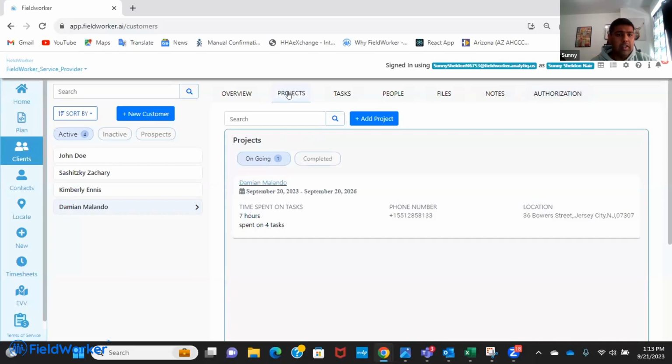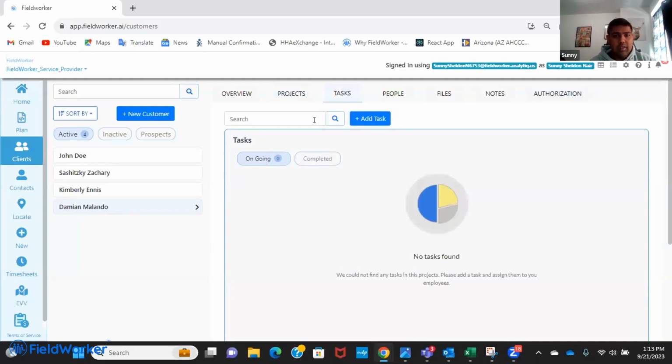First, just going over projects. So every client can have multiple projects that they are a part of, and you can assign this through the system. Every project has the different employees working with that client on that particular service or project. So every service can have its own projects, and it's all of the information regarding the client. And this is a centralized location, so you would see all the information flow here.